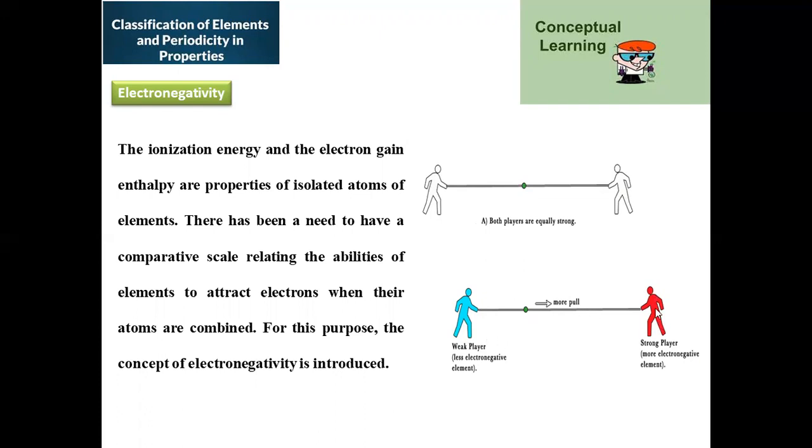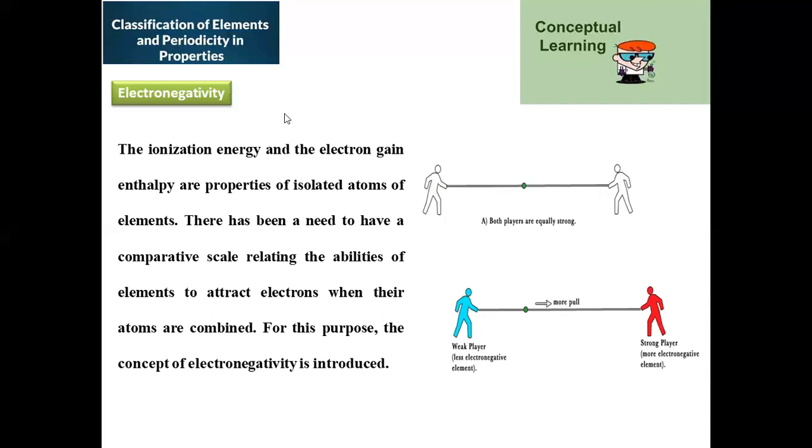In the second case, one of the persons is a strong player and the second is a weak player. In that case, the pulling is more towards the person who is strong and capable of holding to a very larger extent compared to the weaker player. So that pulling is more, and that central part will be more allocated towards the strong player only. This is called a comparative study, where equally strong players have equal capability of pulling. If the person has more strength compared to the second one, the pulling tendency will be larger.